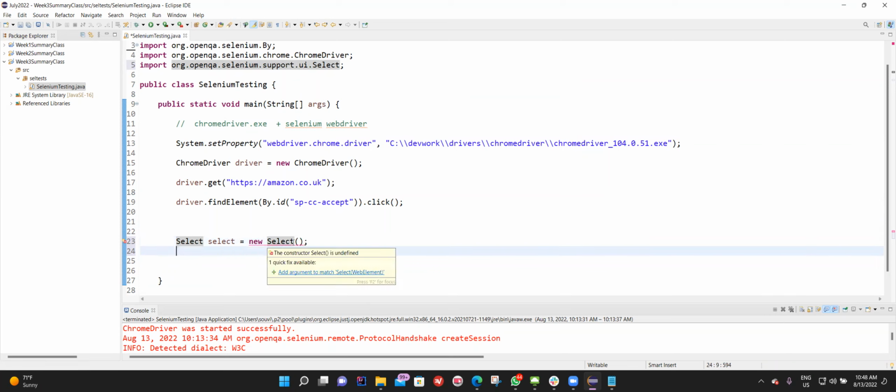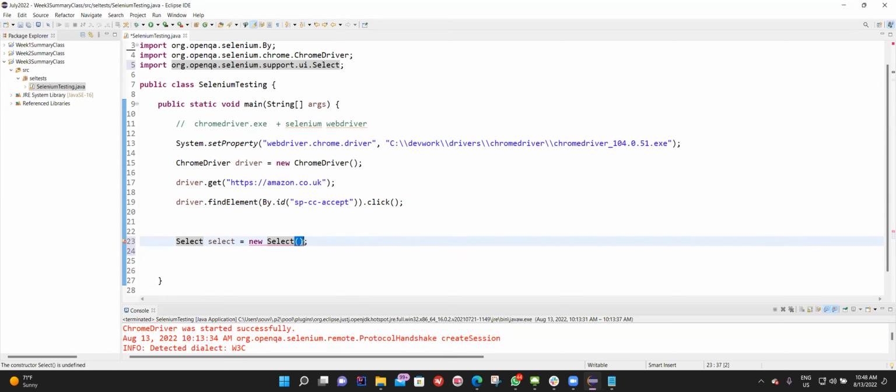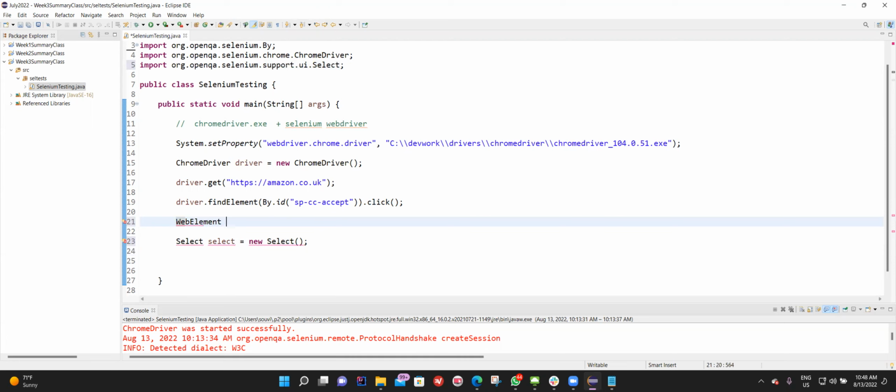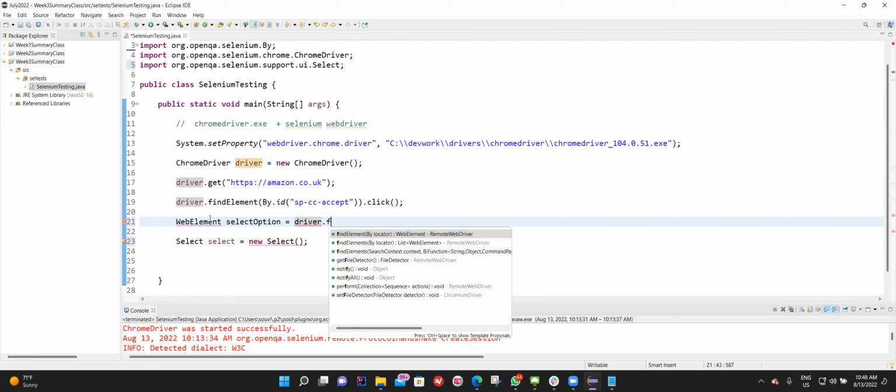So I'm going to pass some information over here. Basically what I'll be passing is a web element. So let me create a web element now. WebElement selectOption equals driver.findElement